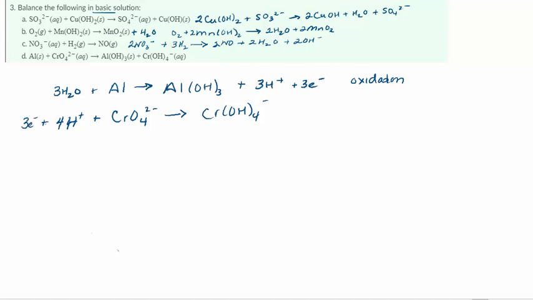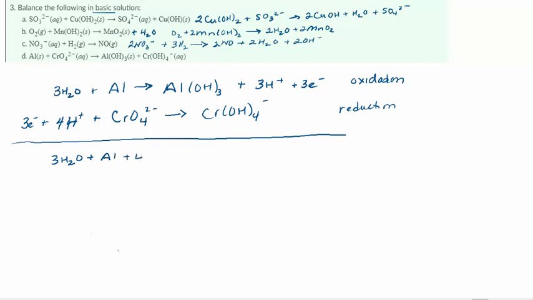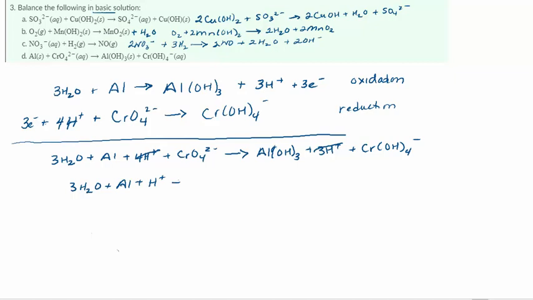Now, because we have the same number of electrons on the product and reaction side of our half reactions, we can just straight add these together. No multiplying needed because there are 3 electrons on both the reactant and the product side. Now this would be the reaction for an acidic solution, but I do have hydrogens on both sides, so I need to subtract 3 hydrogen atoms from both sides. There we go. This is the complete reaction for this equation in an acidic solution,